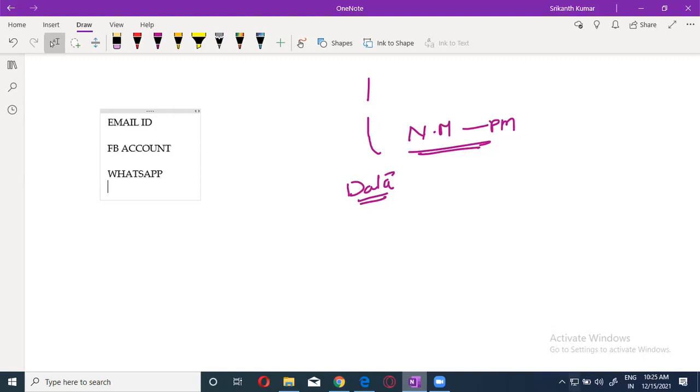Now you must have gone to the malls, right? There will be some beautiful girls standing and asking you to give your number. We will have a lucky draw, something like that, wearing an orange dress or blue dress. What they will do is give you the prize, take your data, and sell that data to some big organizations like Jio, Airtel, where they will analyze the data. And because of this data, they can manipulate you.